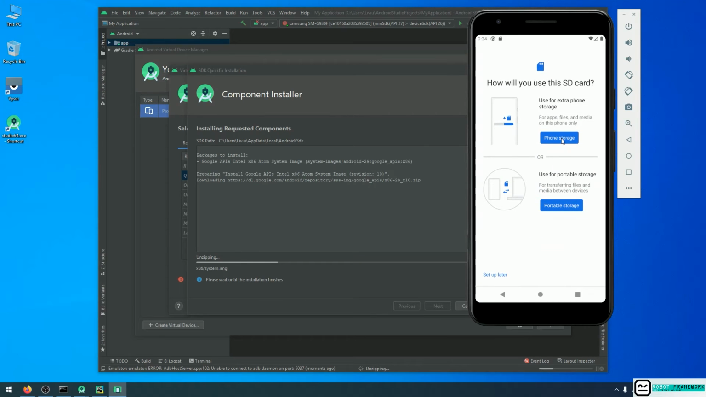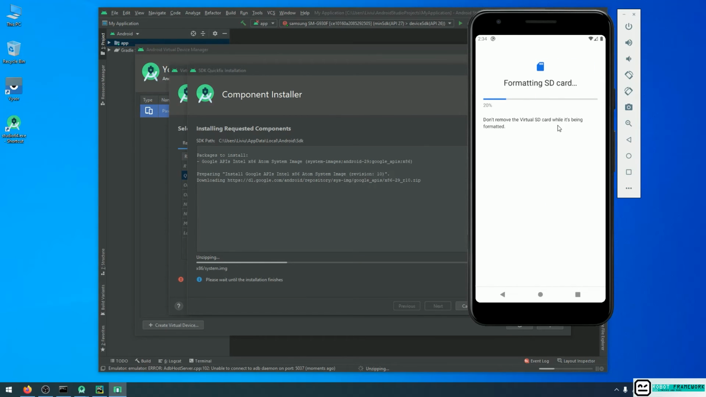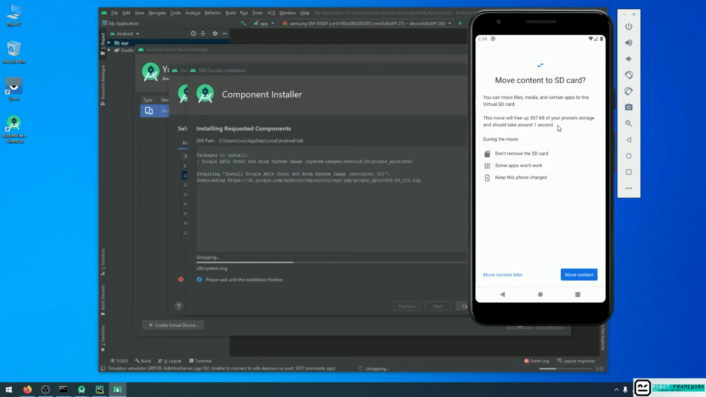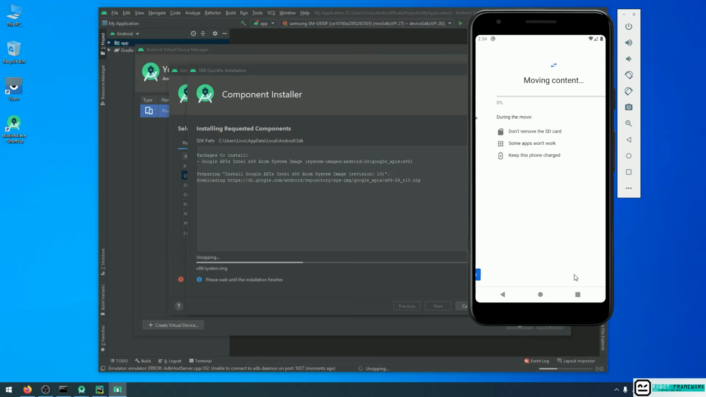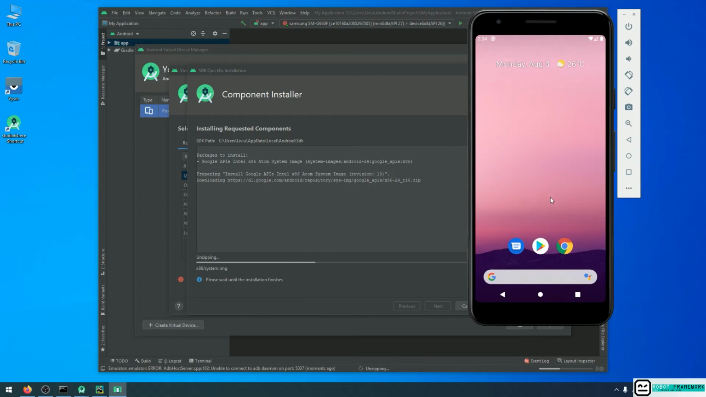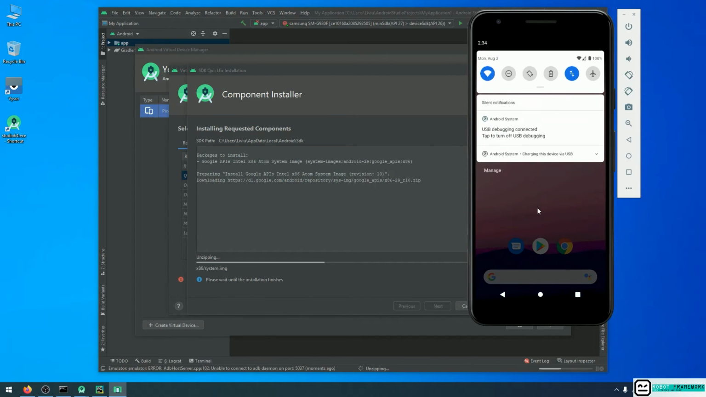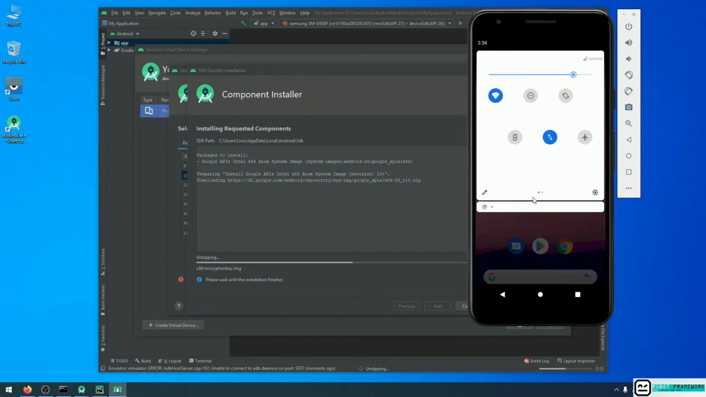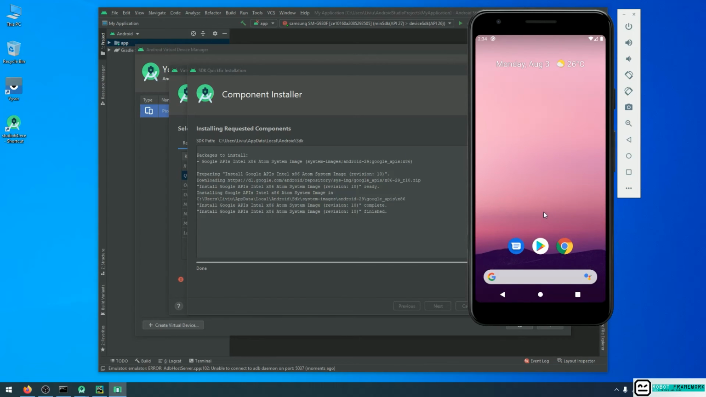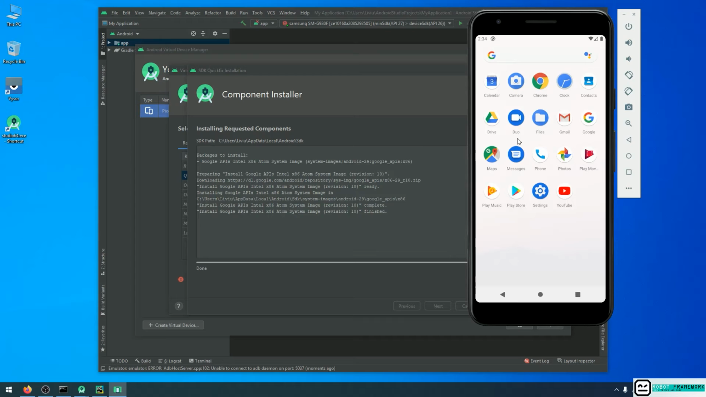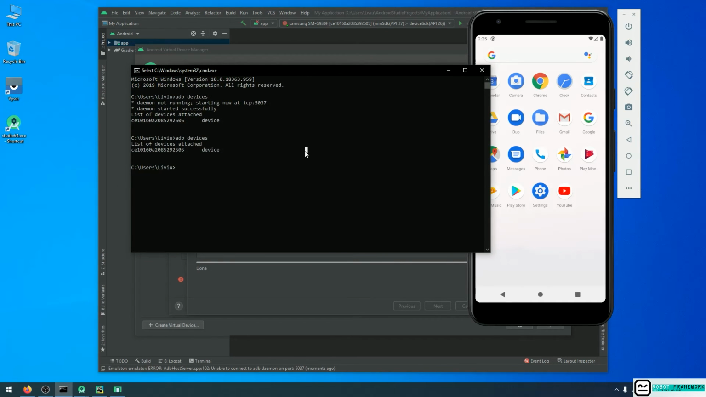Okay, I will also configure the storage, move content, and done. And right about now I should have an Android emulator that is up and running. It is connected to the same network as my physical device, so all the internet for the emulator will be provided through this connection. And now if I go back to my command prompt and I execute the same command again,